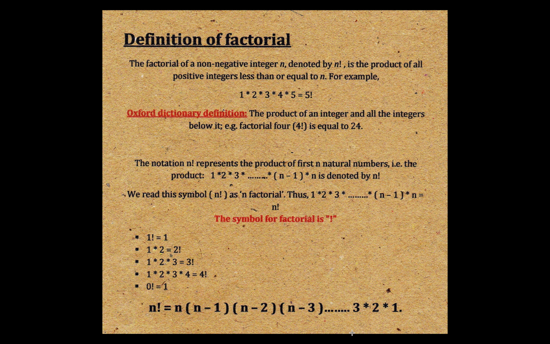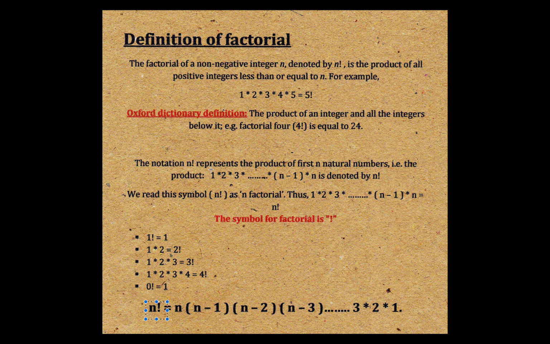Basically, if you want to calculate the factorial of a number, you need to keep on multiplying till 1. What does it mean? Let's say you need to find the factorial for 4. You need to do 4 into 3 into 2 into 1, right? If you want to calculate the factorial for 7, then 7 into 6 into 5 into 4 into 3 into 2 into 1, right? And factorial is equal to n into n minus 1 into n minus 2 till 1, right?